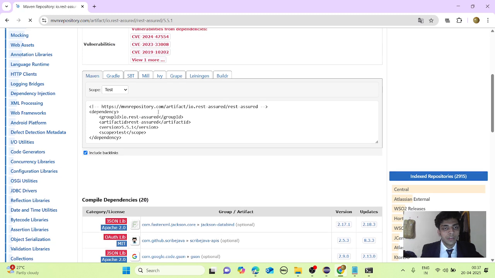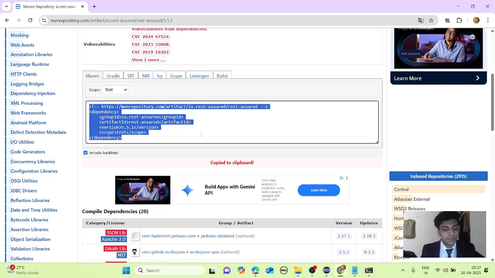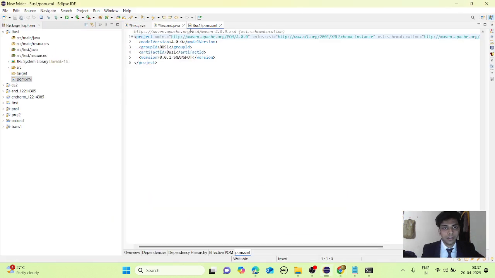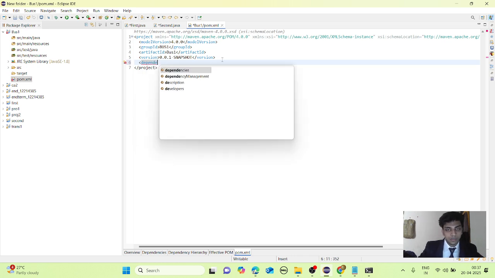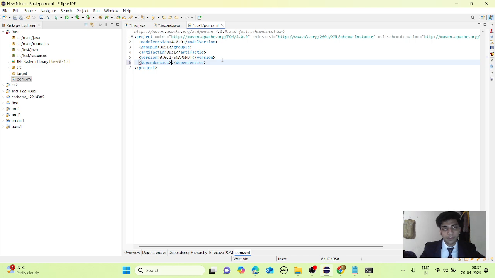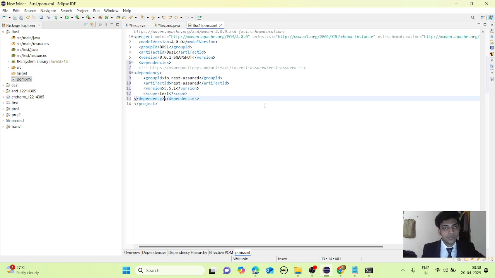You can copy the Maven dependency directly from here and paste it under the dependencies tag. Now click on Save. Our dependency will be added.